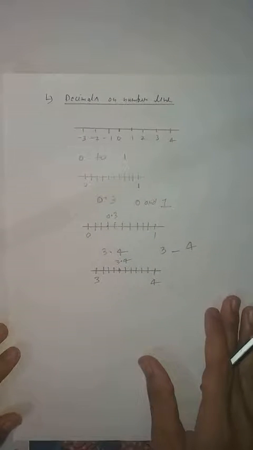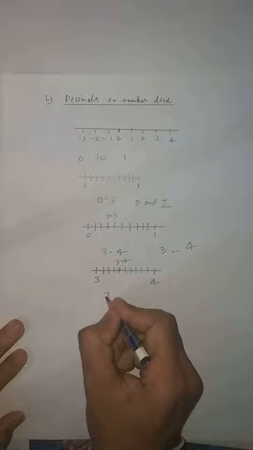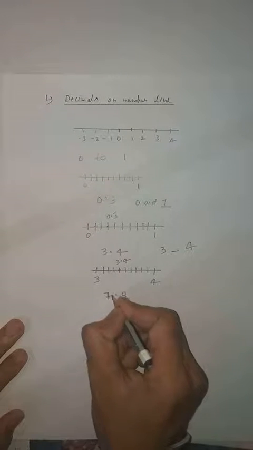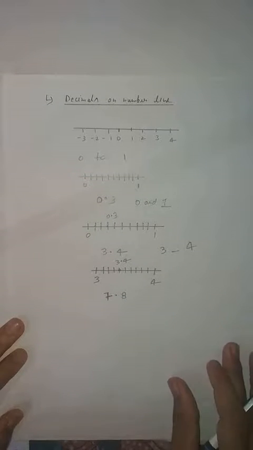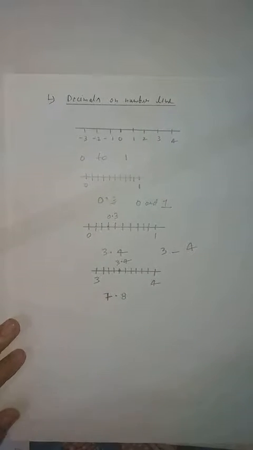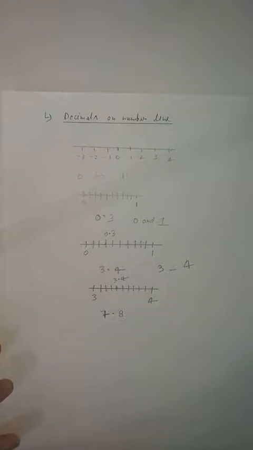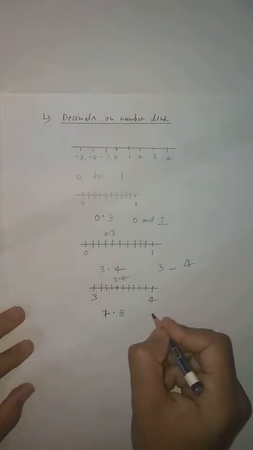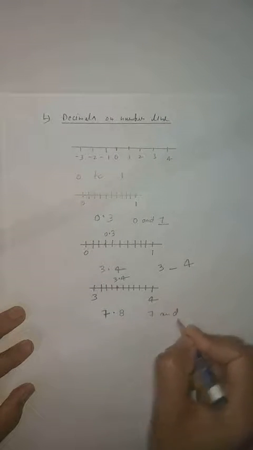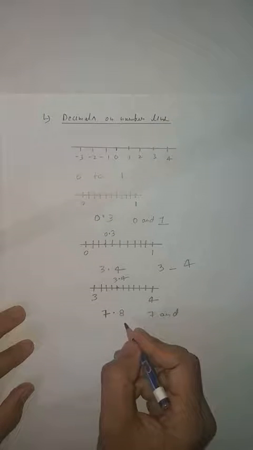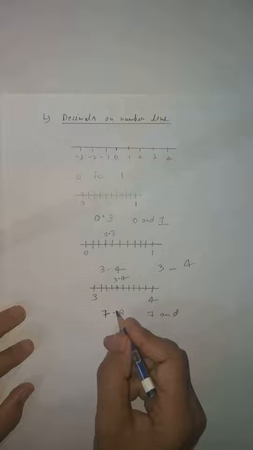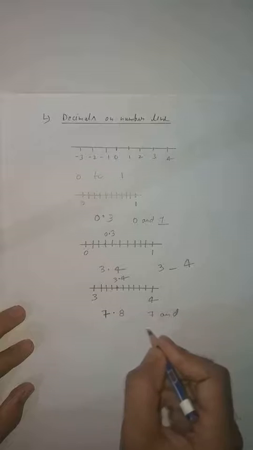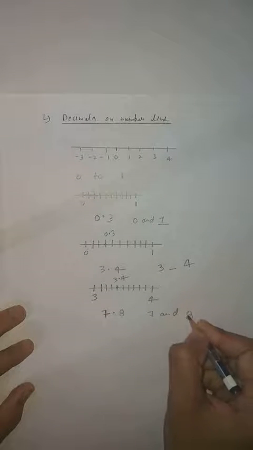Let us take another example. Like if it is given 7.8. Clear, student? What is given? 7.8. So now you know that easily you can say this will lie in between. One minute, student. So student, 7.8. You will easily say, sir, this will lie in between 7 and 8, because we start from 7 and after 7 comes 7.8. Clear? So this must be less than 8. It means this number 7.8 lies between 7 and 8. Simply you can say.